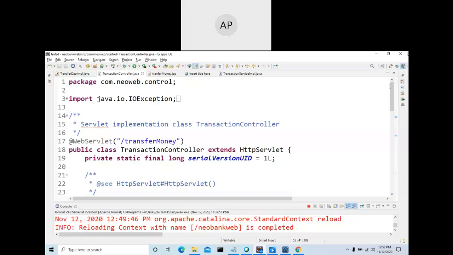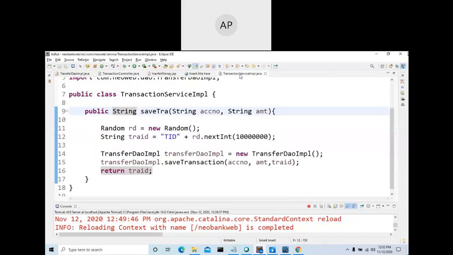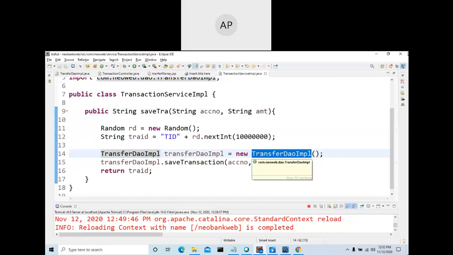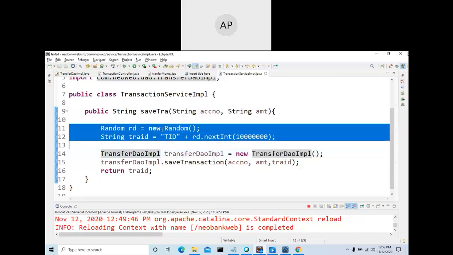You should know what MVC architecture is. People simply ask what is MVC architecture. You should be able to explain what is model, what is view and what is controller. So in our case, JSP is the view, which contains the logic to be shown on the screen. The controller receives the input from the browser and calls the service layer, and it also decides which JSP page should run and what should be output to the screen. On the net, you have a lot of explanation related to MVC architecture. Type MVC, model, view, controller, and you will get all the things. And we have a service layer which is going to have all the business logic.